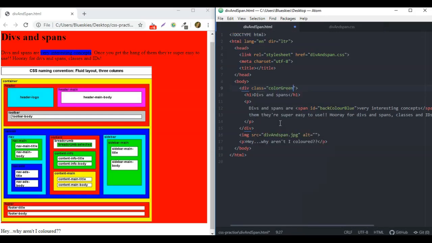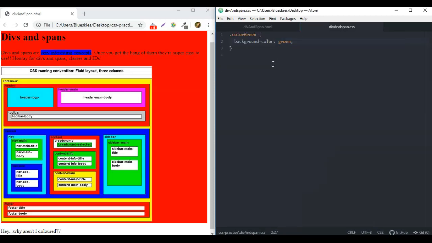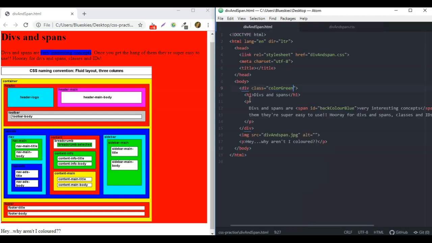Color green. There we go. So now that I saved this, we've created a class, and if you remember from the previous lecture, a class can style any elements that have that style name, the class name. So color green, and then we've put in the class equals color green in the div tag. So let's refresh the page,